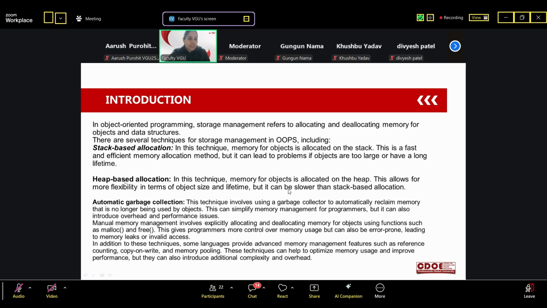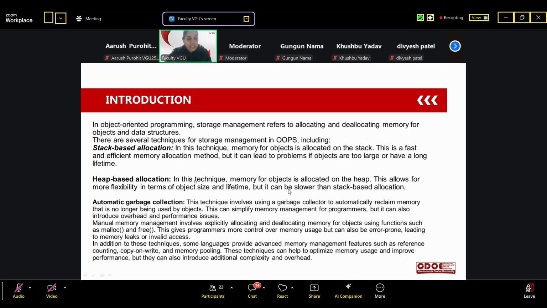So the first characteristic of heap-based allocation is that it is dynamic. Second, automatic management is there, in this manual as well. So here we are using the words of C language, you know. In C language, for memory allocation we are using malloc, and for deleting objects from memory, whenever we want to delete an object from memory, we are using the new or delete keywords from C or C++ language, right?